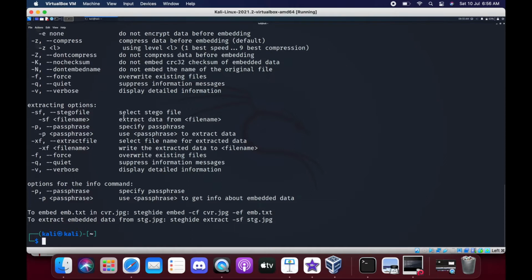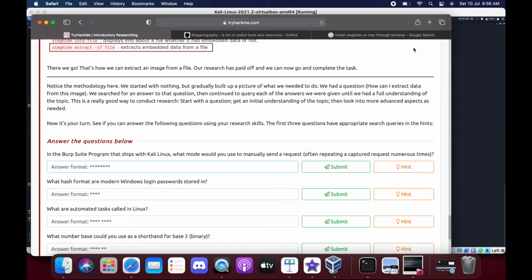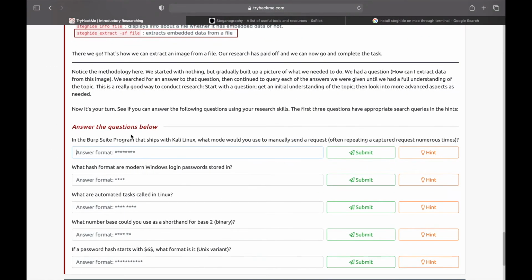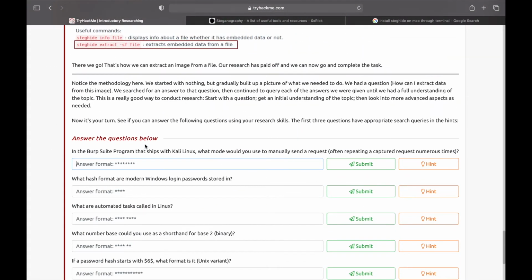Here is a command line example of the commands that we need to use. And going over here, steghide extract -sf file. Okay, there we go.